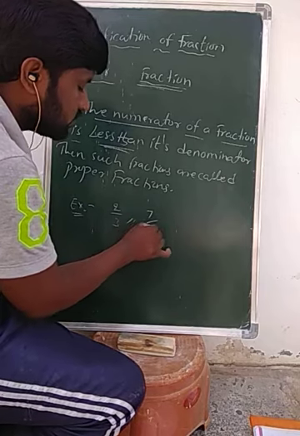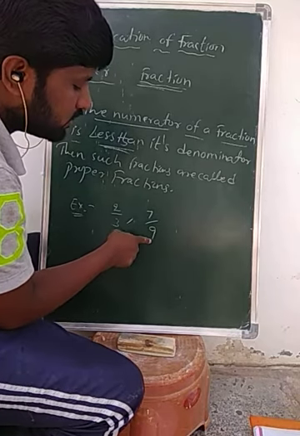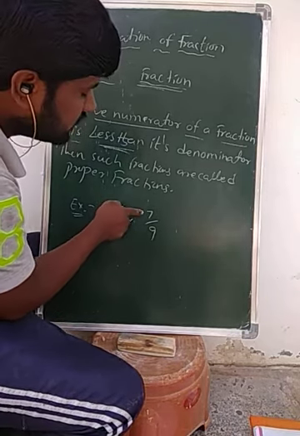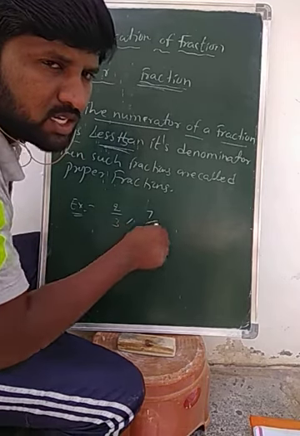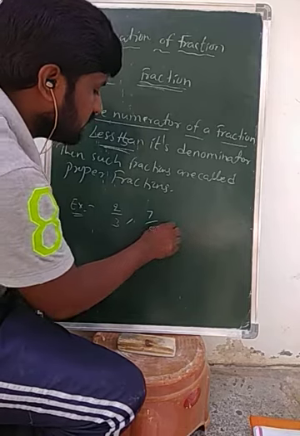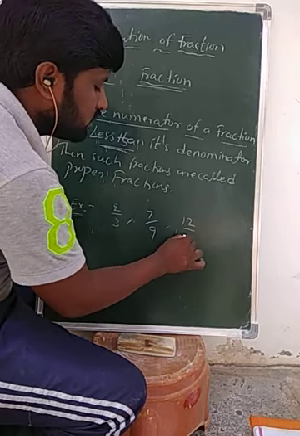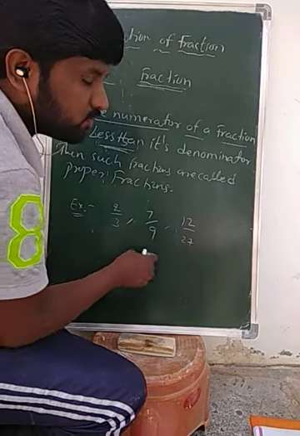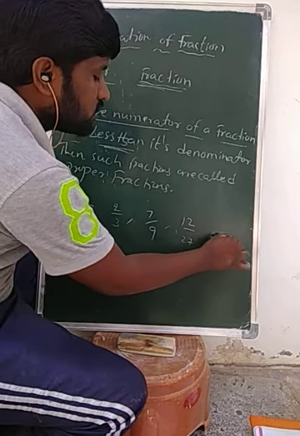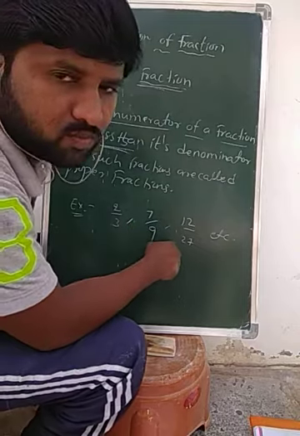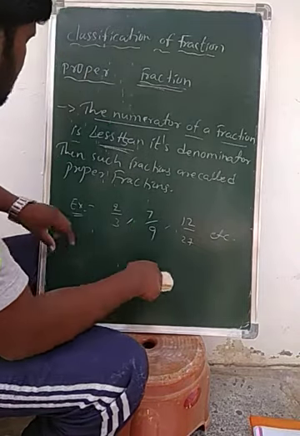Okay. 7 by 9. 7 is a numerator, 9 is a denominator. Clearly, the numerator of a fraction 7 is less than its denominator. Denominator kante takku undi, 9 kante less. And 12 is a numerator, 27 is a denominator. Okay na? The numerator of a fraction is less than its denominator. So etc. So these are the examples. Okay. Next,